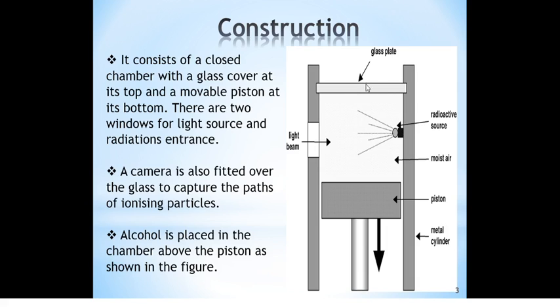That means a glass plate is inserted as the ceiling. And this chamber consists of dust-free air which is saturated with water vapor or some other liquid. So the chamber consists of dust-free air saturated with water vapor,